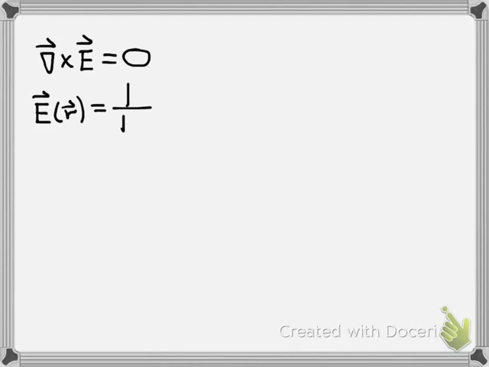I want to show identically that the curl of E for any charge distribution vanishes. So let's begin with Coulomb's law, which tells us how to compute the electric field for any charge distribution. So E of R can be written as 1 over 4 pi epsilon naught times the integral of rho of R prime, which describes the charge distribution,